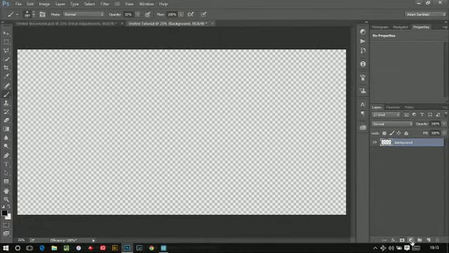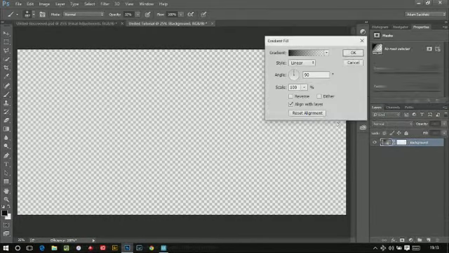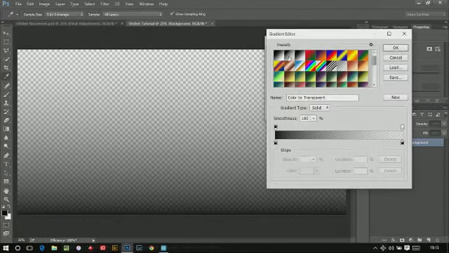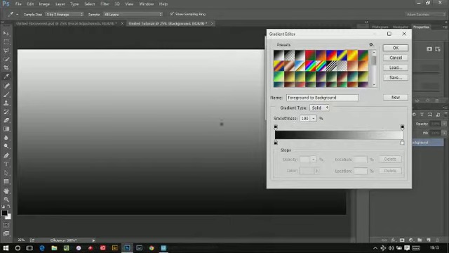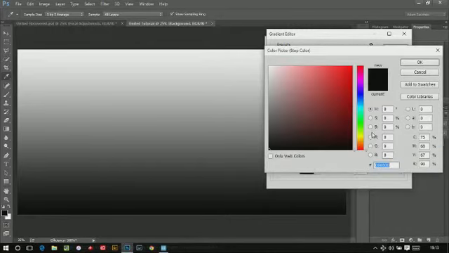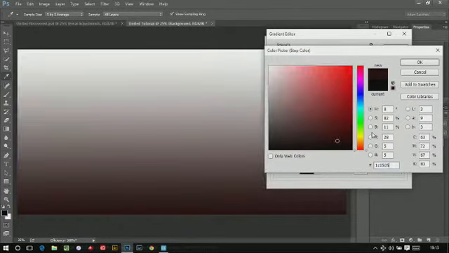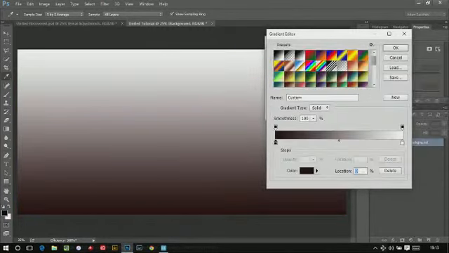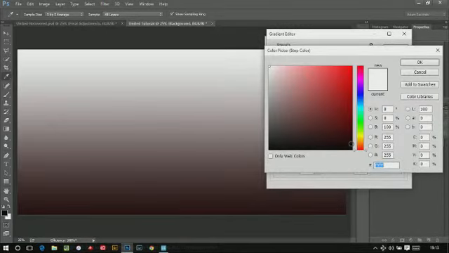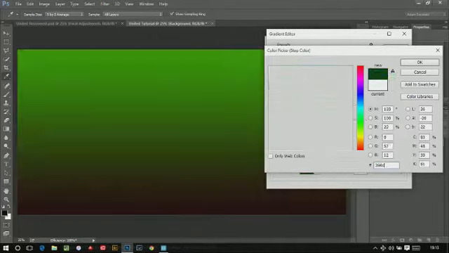We'll go in adjustment layers and add a gradient. We want to select the black and white first just to make sure we've got two colours. Select the black one and change to 1C0505. It's like a dark red colour. And we'll change the white one to 390C0C